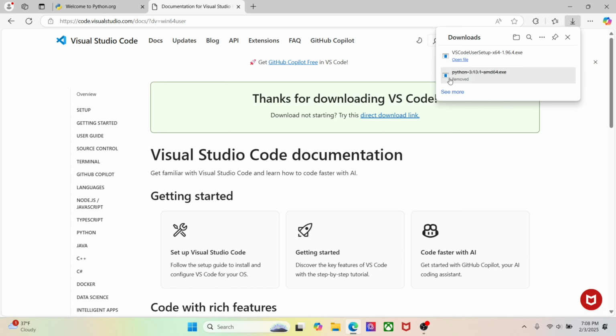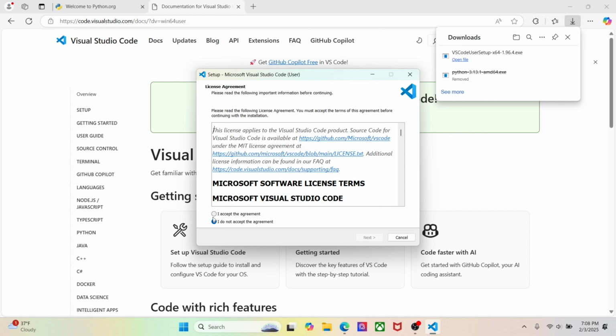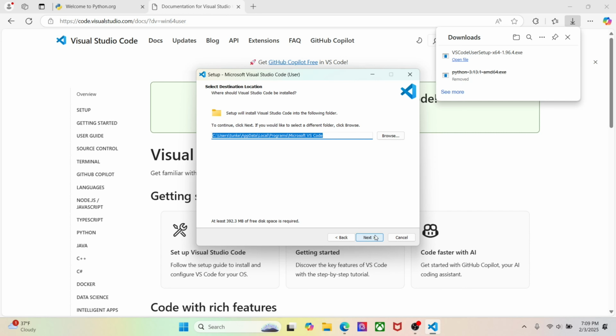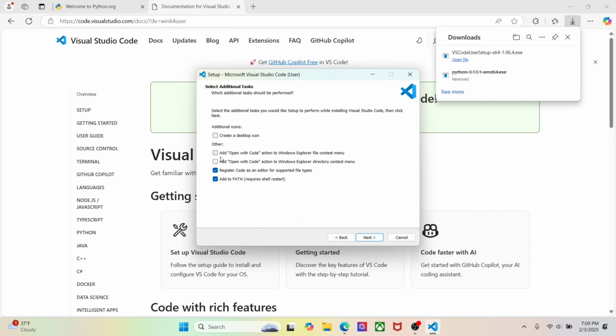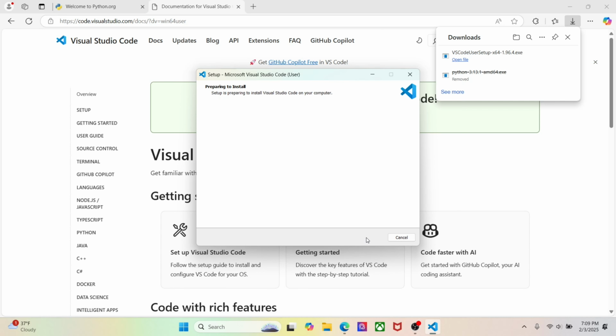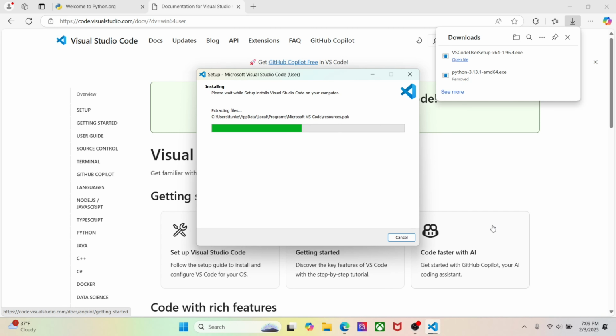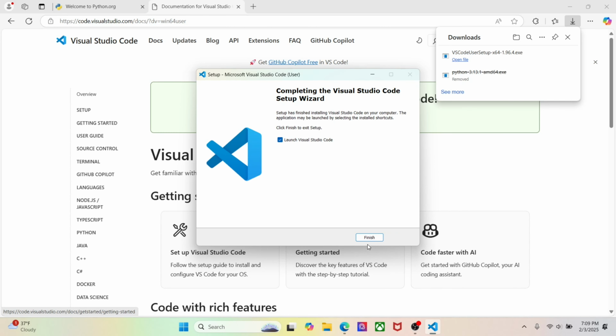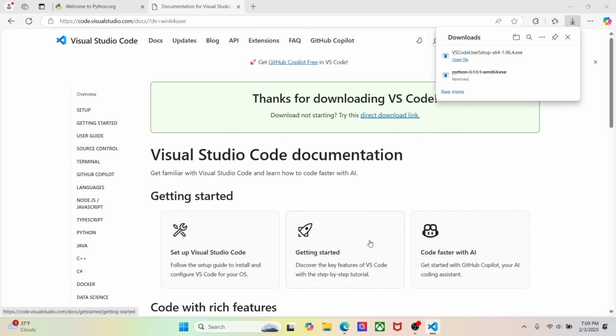My virus scanner is going to scan it, but I'm going to click to open that file. I'll accept the user agreement. You can read through that if you want. I'll click next here. Next, and I'm going to check these, add open with code, and create a desktop icon, and click next and install. Okay, that's going to take a moment. Okay, I'm going to leave Launch Visual Studio Code checked and click Finish, and that's going